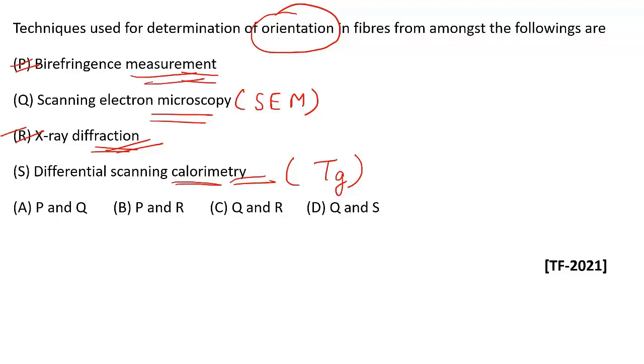So which of P and R is true in option B? Option B is the correct option. P and R is true. I think you have understood these techniques are also very important from GATE point of view, and you must look